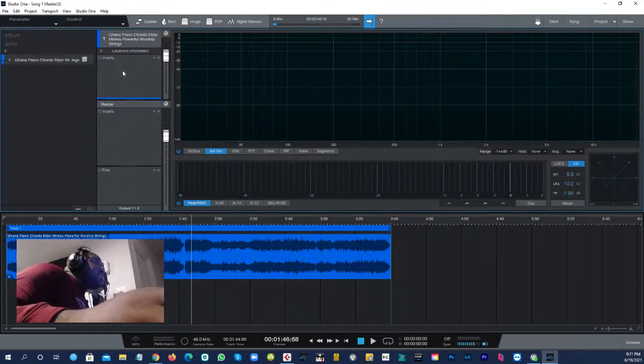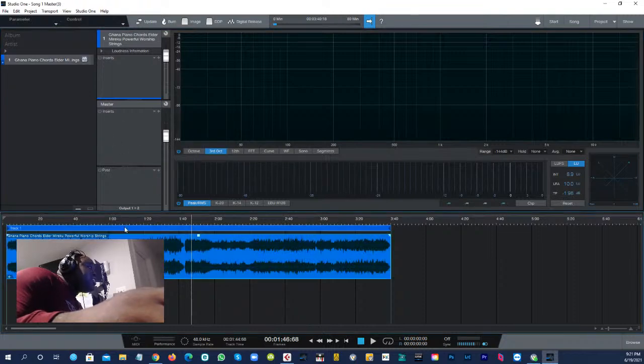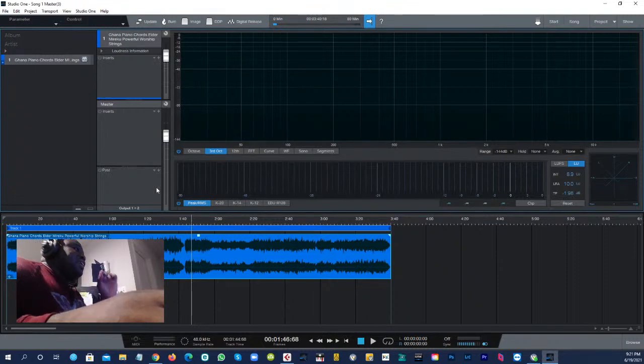So guys, understand the differences between an insert, a master, and a post. Which means if you want to work on a plugin or whatever you want to do, it's on the master. This is where you need to be. If you want to do it directly on this track, this is where you need to be, right on that insert. Like I said, I'm just